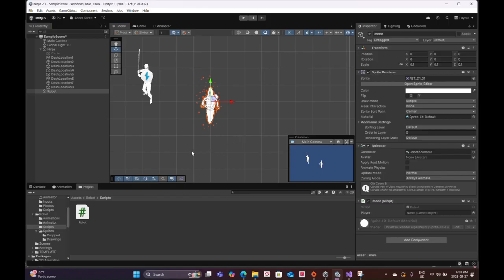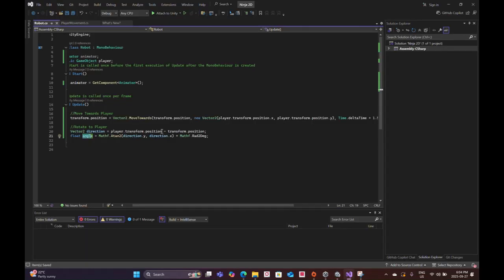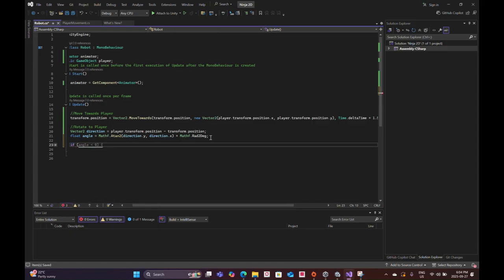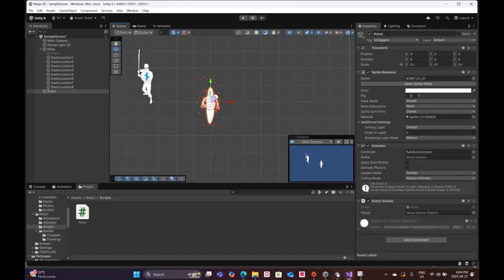But anything on this side is negative, 0 to negative 180, and anything from here to here is positive, so 0 to positive 180. So what I need to do is, let's just say if angle